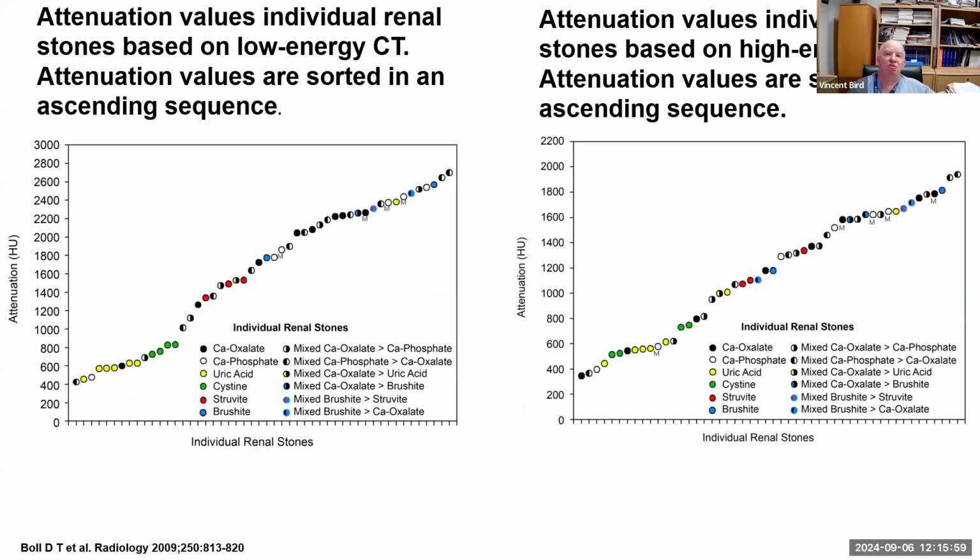Here is kind of a spread chart of what you can see from both low and high energy CT, or what people would call a dual energy CT scan. And you can see the color codes there for the different types of stones. The problem is, you can choose a different color there, like say the black for the calcium oxalate, or calcium oxalate mixed with different types of stone components, and you can see that they range over a wide